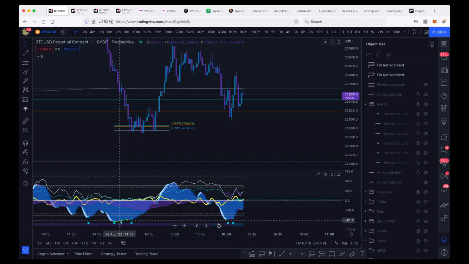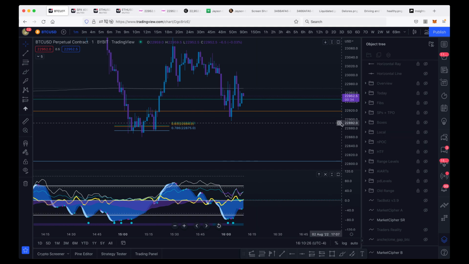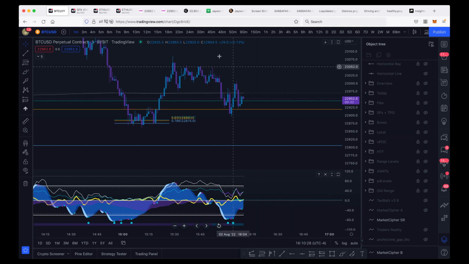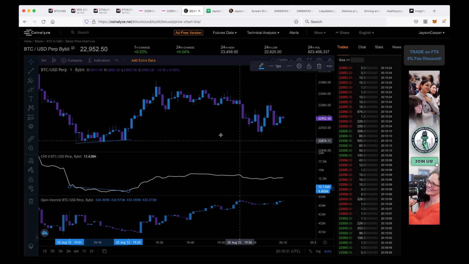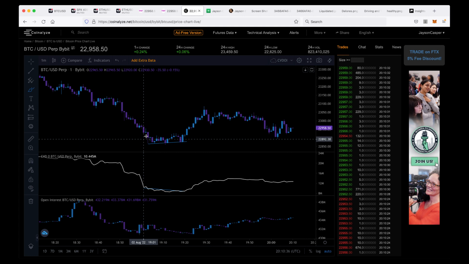Now, what are we going to be looking for? Number one, and I already said this, we're going to be looking for bullish divergences. And then number two, when we come and bounce off this area, we want to see trigger waves on Market Cipher B, which we did see forming right here. Now, a third thing that we can be looking for is bullish CBD. Okay, bullish CBD. Now we can see right here, and this is on coinanalyze.net, that as we came down to